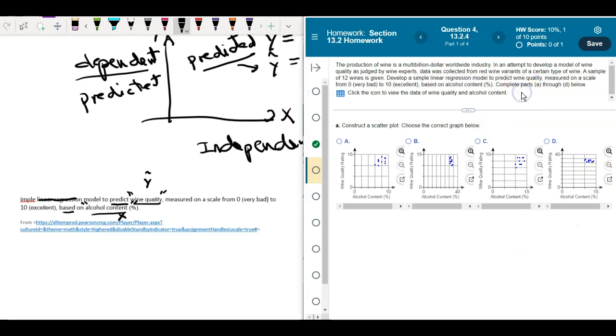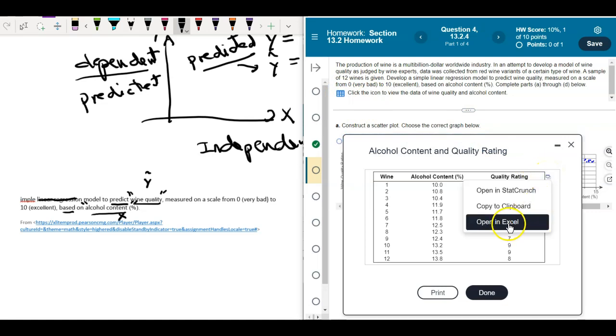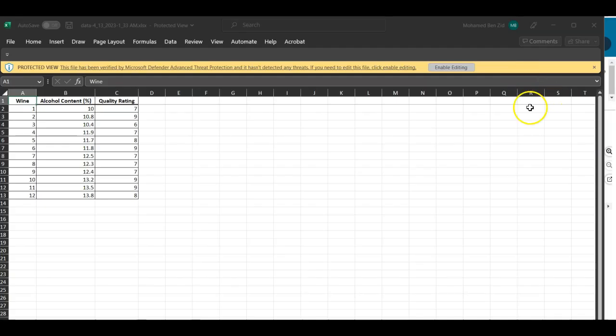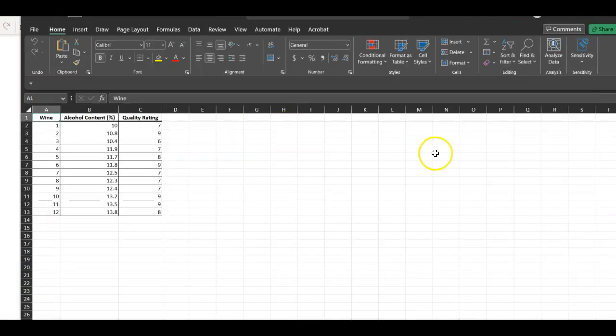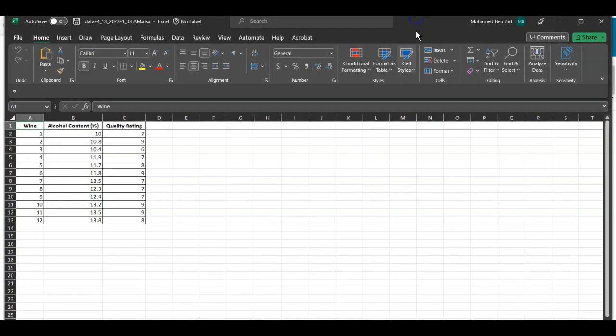Now, how can I get the scatter plot? You just have to click here, go to this window and open it in Excel. Now it's going to get downloaded. You just have to open the download. Once you open this spreadsheet over here, what you're going to do is